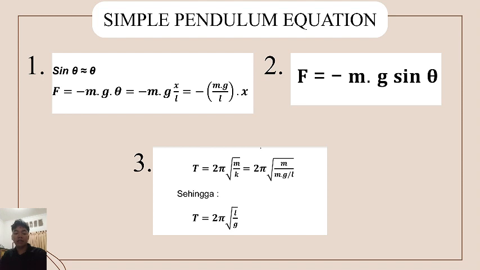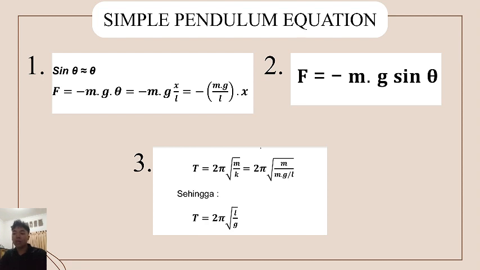G is the acceleration due to gravity, and G is minus 9.8 meters per second squared. Next is theta, the angular displacement in radians, and the next is x, the linear displacement of the bob along the arc, in meters. And the last is L, the length of the pendulum string,